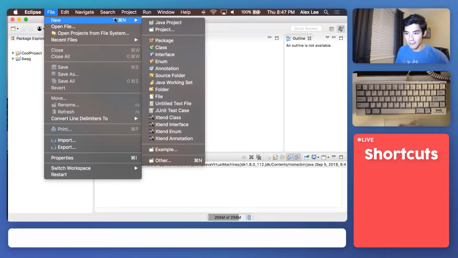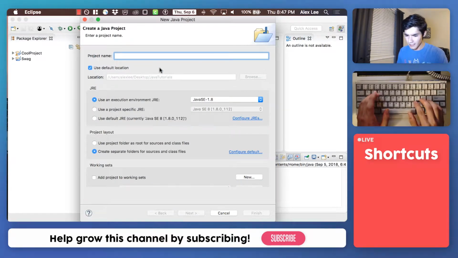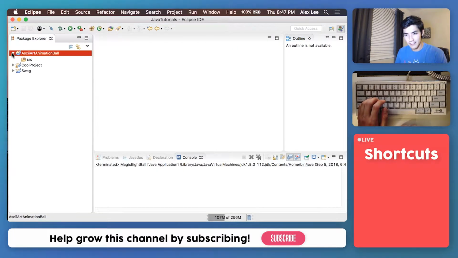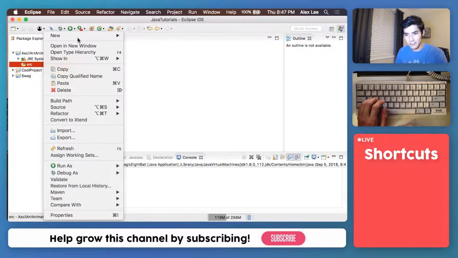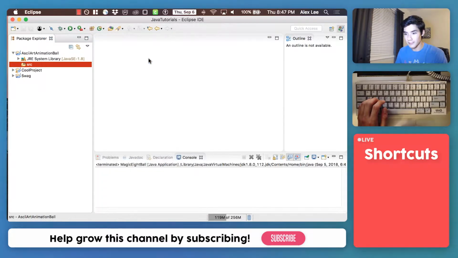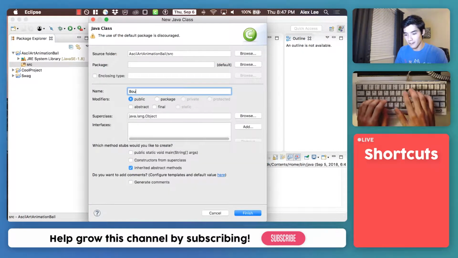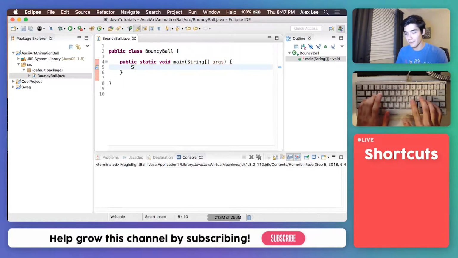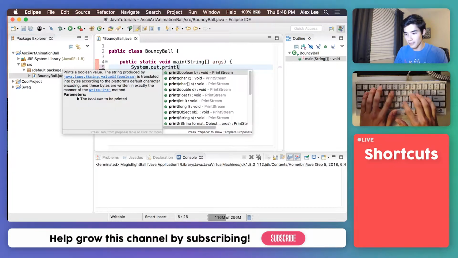First, go to File, New Java Project, and we'll call it our ASCII art animation ball. And we'll hit Finish. Next, inside of here, right-click on Source and go to New Class. And we'll just call it our bouncy ball. And check this first tick mark here and hit Finish. Now our Java project is set up for us. To put characters on a screen is really easy, and all you need to do is type this line of code